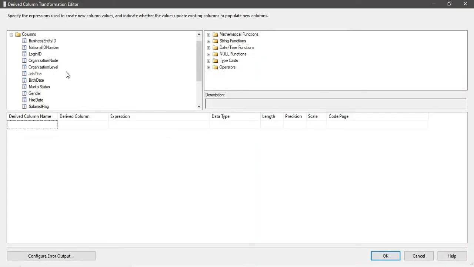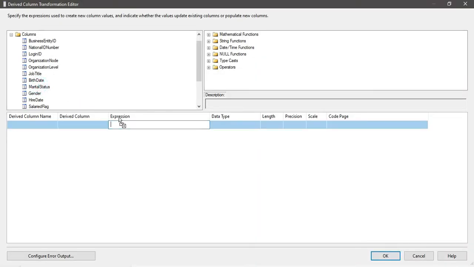What we can do is write a case statement here. We can just drag and drop the marital status into the expressions, and simply write: if marital status is S, then it should be converted to "single", double quote close, and then colon. Otherwise, you can simply copy and paste the same thing. In the or condition, if marital status is M, then it should be changed to "married", and in the else condition we can set it to blank. Now you can close the brackets.